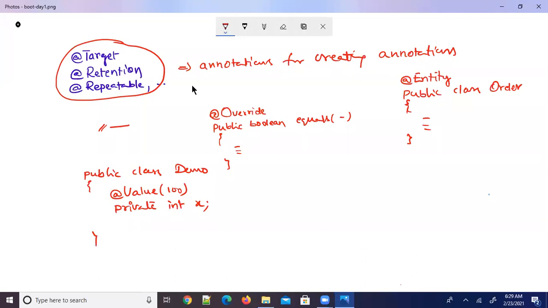So this annotation @Value is added at field level, but this annotation @Override is added at method level, and this is at field level. Here it is at method level.